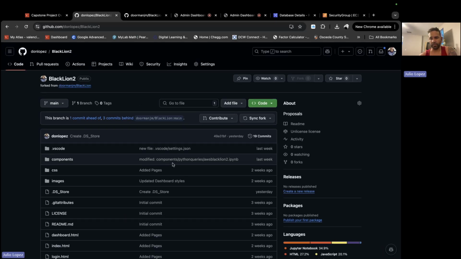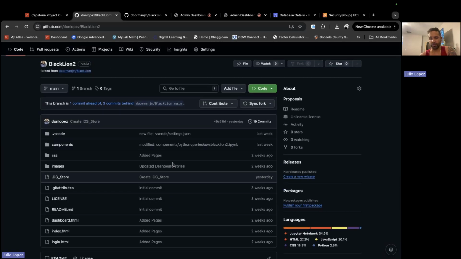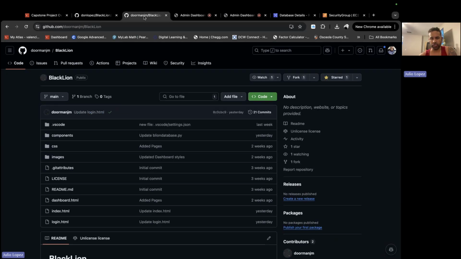What this allows me to do is make all my changes on my end, and once I'm satisfied with the results, I can push it, and Jonathan, who is in charge of the main branch, can review it and accept the proposal to merge it with the main branch, which comes really handy for the purpose of the project. Yeah, and that's about it.